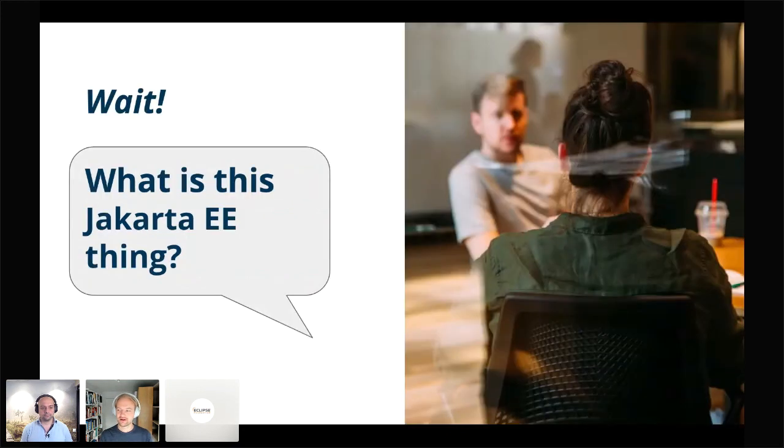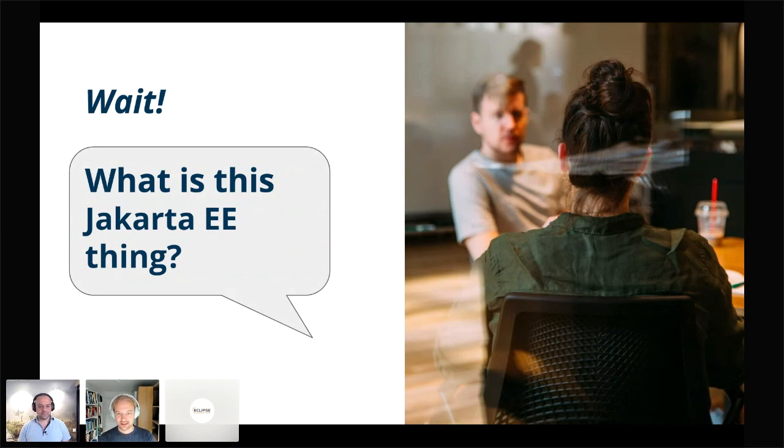I assume that lots of you know what Jakarta EE is, since after all, this is Jakarta Tech Talks, so this might be a place where people know Jakarta EE. But still, there are a lot of features and aspects of Jakarta EE, so I think we should spend a couple of minutes going through some of it anyway, so that we're on the same page and same level when talking about Jakarta EE.